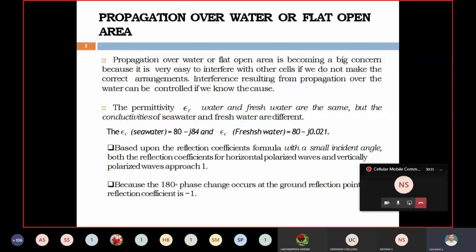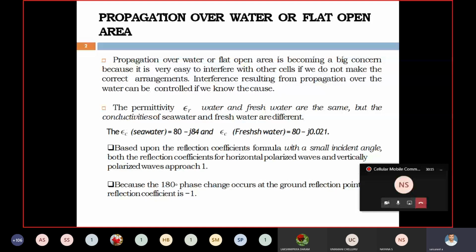What is meant by reflection coefficient? Reflection coefficient depends upon the surface area first. When a signal is reflected from an object, how much signal is reflected back? That is where we calculate the reflection coefficient. I think this topic comes in optical communication as well as in microwave engineering, where we cover reflection coefficient in detail.